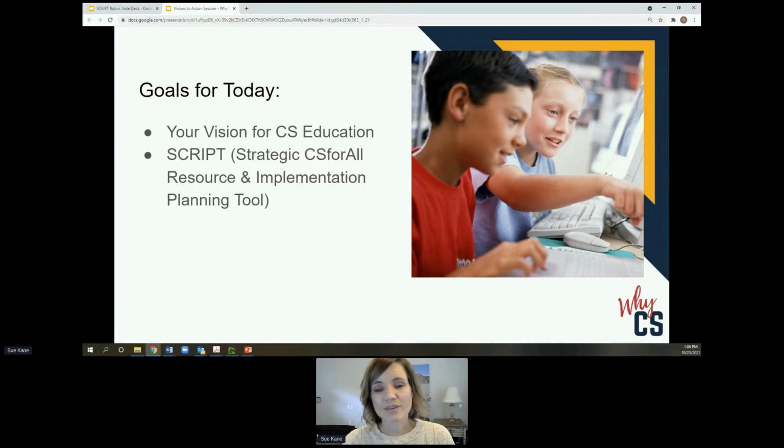And so the visions exercise that we're going to do today will allow you to pull your own visions, and what resonates most with you, and have language to be able to articulate that. This is an activity that we do with school districts. It's actually the first thing that we do with school districts who are going through the SCRIPT process, and it guides their experience through that process. So we're going to do that today, and you'll get a sneak preview of what this looks like and the tools.